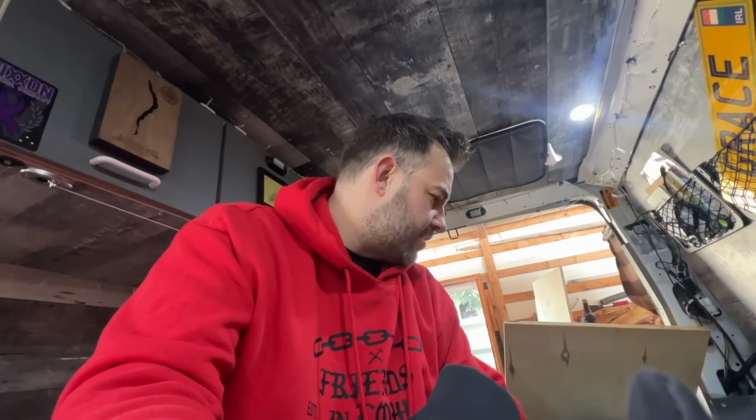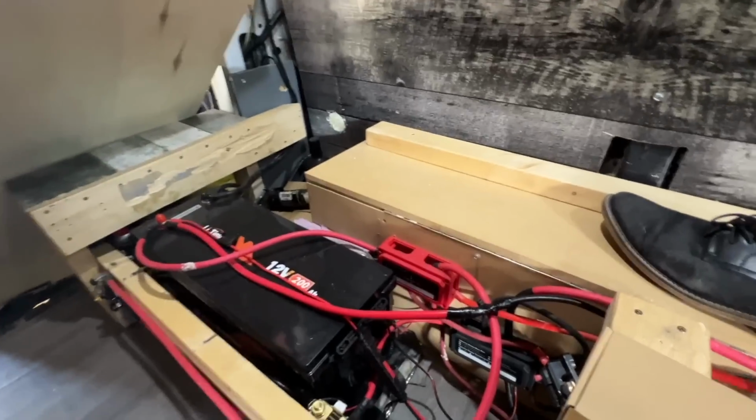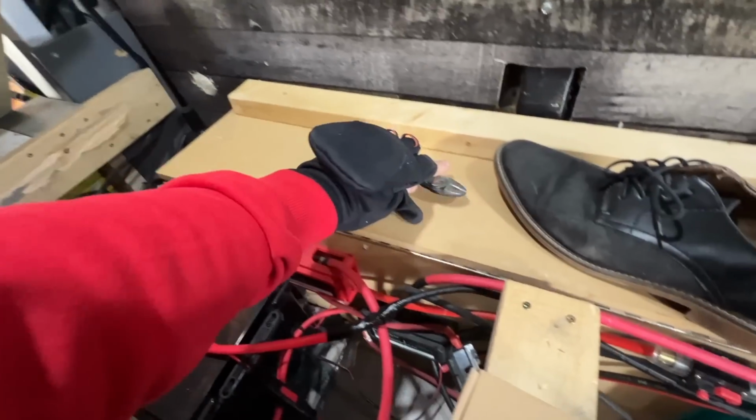So actually, yeah, I'll have even more room under there. Nice. This is gonna be the most daunting thing, I think, just because of the wiring. I gotta think, how do I want to take this apart? One, so I don't kill myself, and two, so it's not super complicated to put back together. Maybe I'll go over it a little bit more in detail later, but my power setup basically...